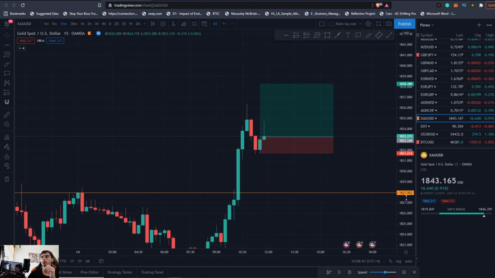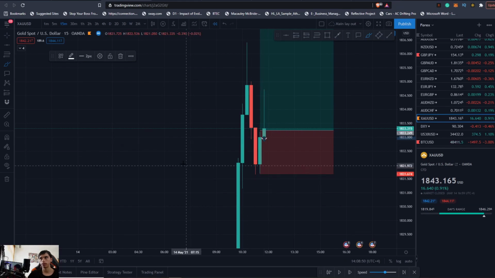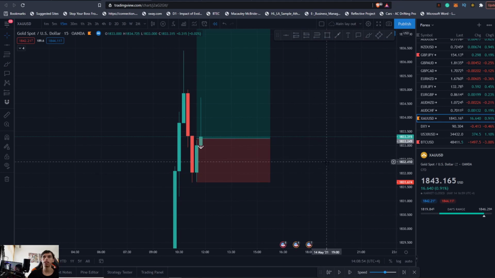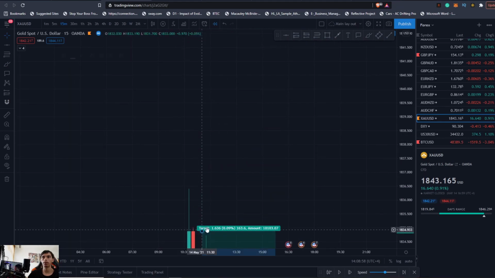We would have had this massive move, and let's say this did have a bottom wick here. So let's draw a little bottom wick, something like that. That's your bottom wick. So now what happens is that we can see, and we're going to target probably just the top of this range here.